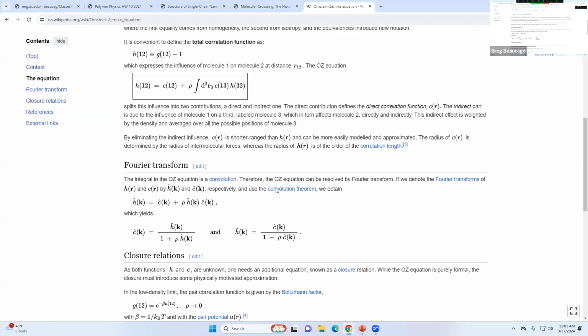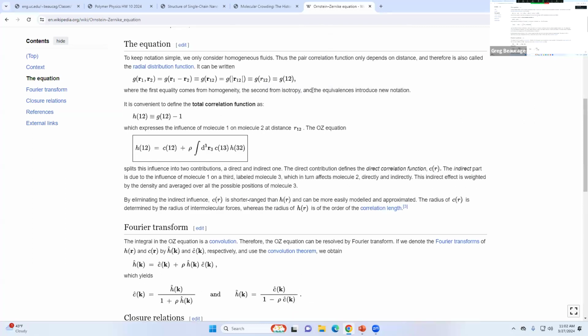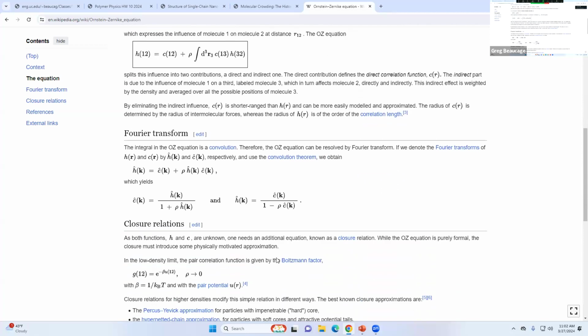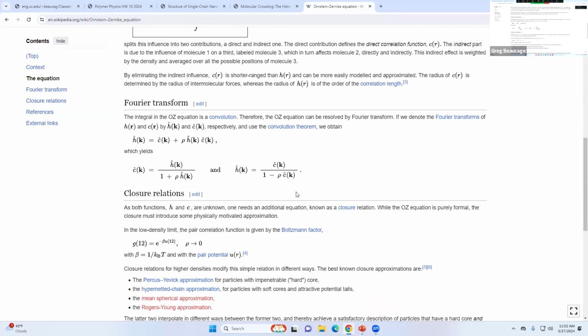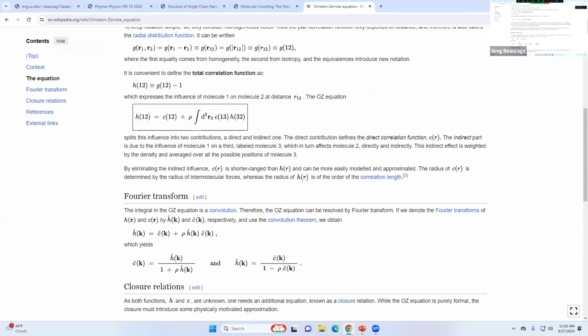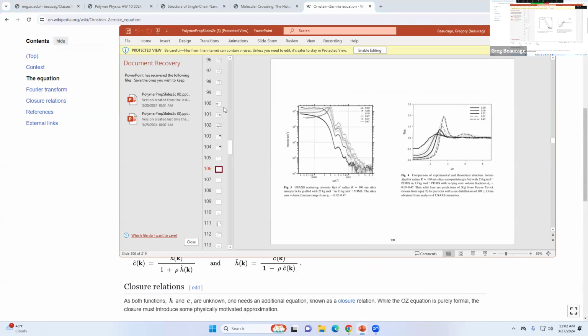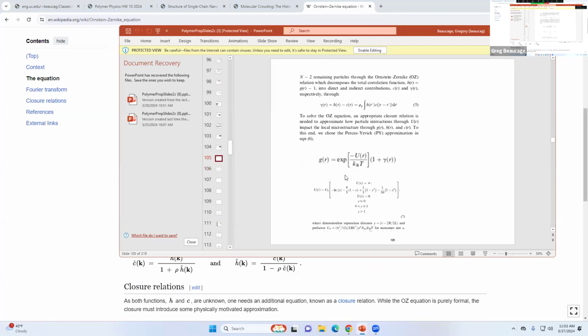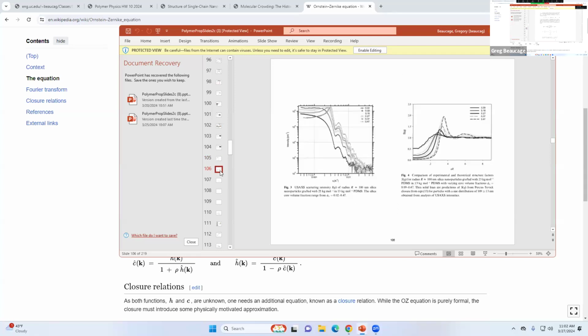If you use the Percus-Yevick equation, this becomes a huge, complicated equation. So yeah, that's kind of all I want to say about this, actually. You'll see this in papers, Ornstein-Zernike, Percus-Yevick, and they'll be solving these, fitting curves like this to try to get the